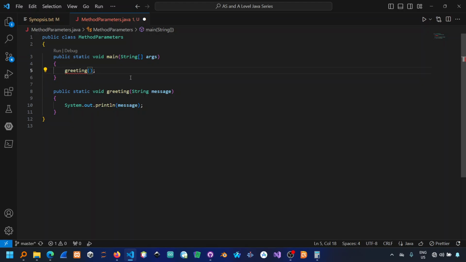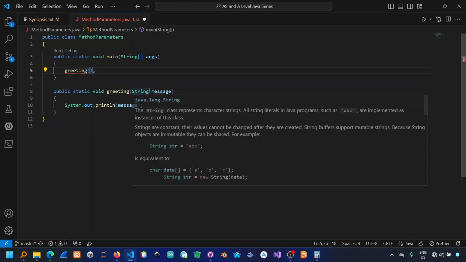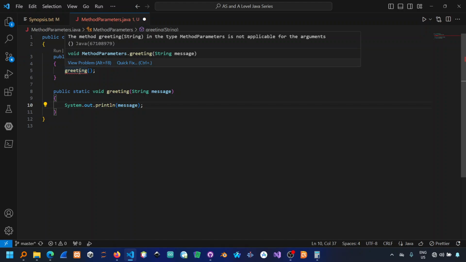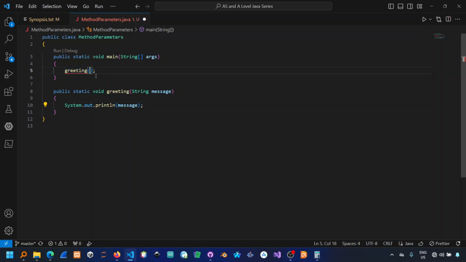An argument is the actual value, whereas a parameter is just a placeholder or specification for the type and identifier that a method expects. You already see I'm getting a red squiggly line underneath my method invocation because I haven't specified an argument. So I can now specify an argument and say hello